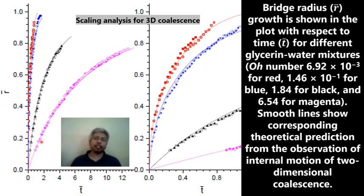So from this experiment, we find out that there are 2 different dynamics happening in coalescence: the early dynamics and the later dynamics. In the early dynamics, the whole coalescence phenomenon is governed by the Ohnesorge number. And in the later dynamics, you really can change the dynamics by imposing different kinds of viscosity, or